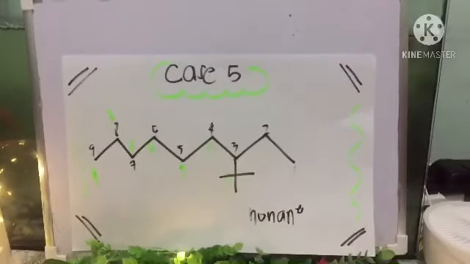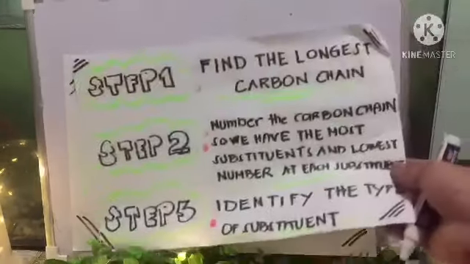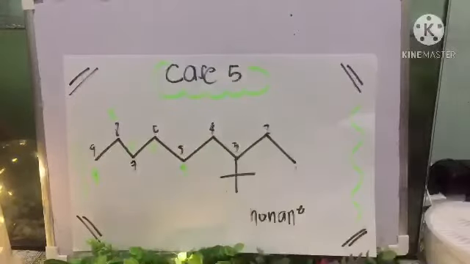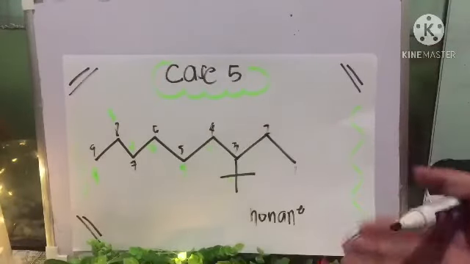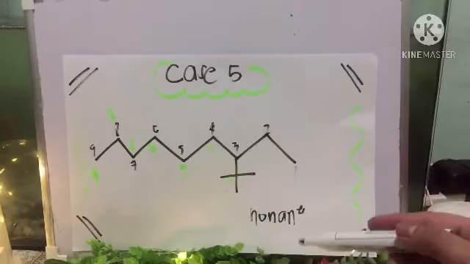So step 2, number the carbon chain so we have the most substituents and the lowest number at each substituent. So here are different ways to number the carbon chain. Remember, we want the way that gives us the most substituents. Way 1 gives you